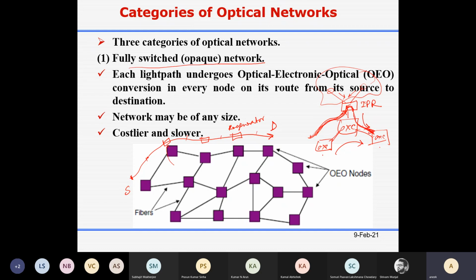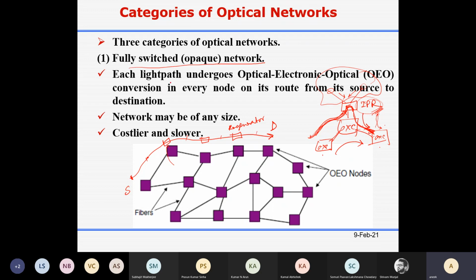So what you are doing is basically OEO processing, but you are implementing it through an IP router. It is not just a simple OEO converter. An OEO converter is a simple optical to electrical, then electrical to optical conversion. But here you are using an IP router. Its fundamental structure is that there has to be one OEO. You have to get an electrical signal, then the electrical signal is sent to the IP router. Then your IP packets will come, and then again you have to convert the signal from electrical to optical. You have to go for electrical to optical processing. I have another architecture, where I will show how IP routers are connected.